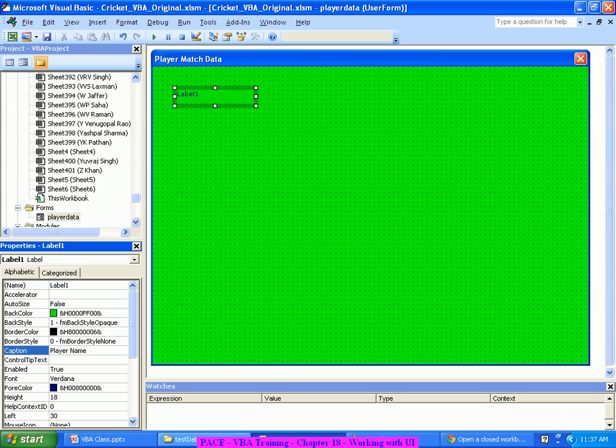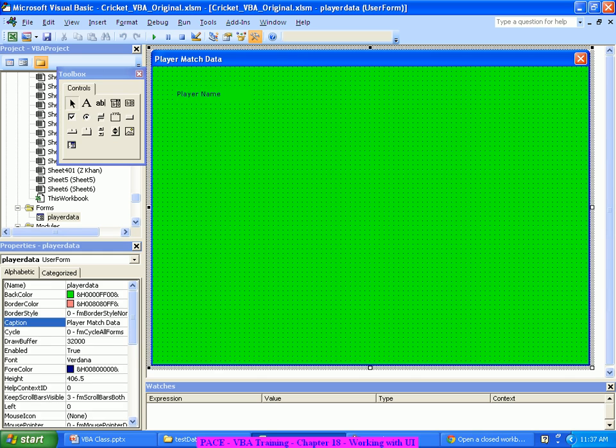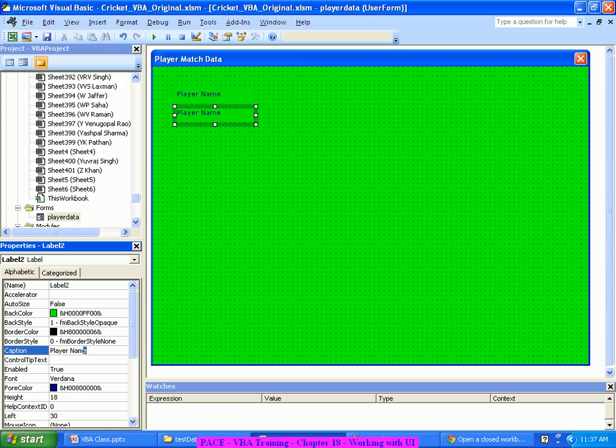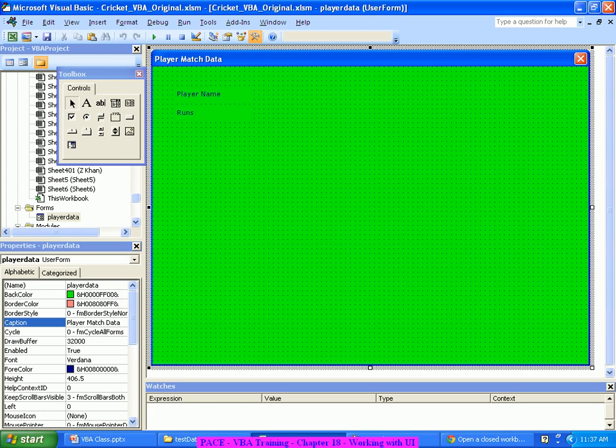Enter the player name. Okay, so it comes out as Player Name. And probably if required, I'll even capture a few more things like that. Just below the player name, I will write runs, whatever is the runs code.